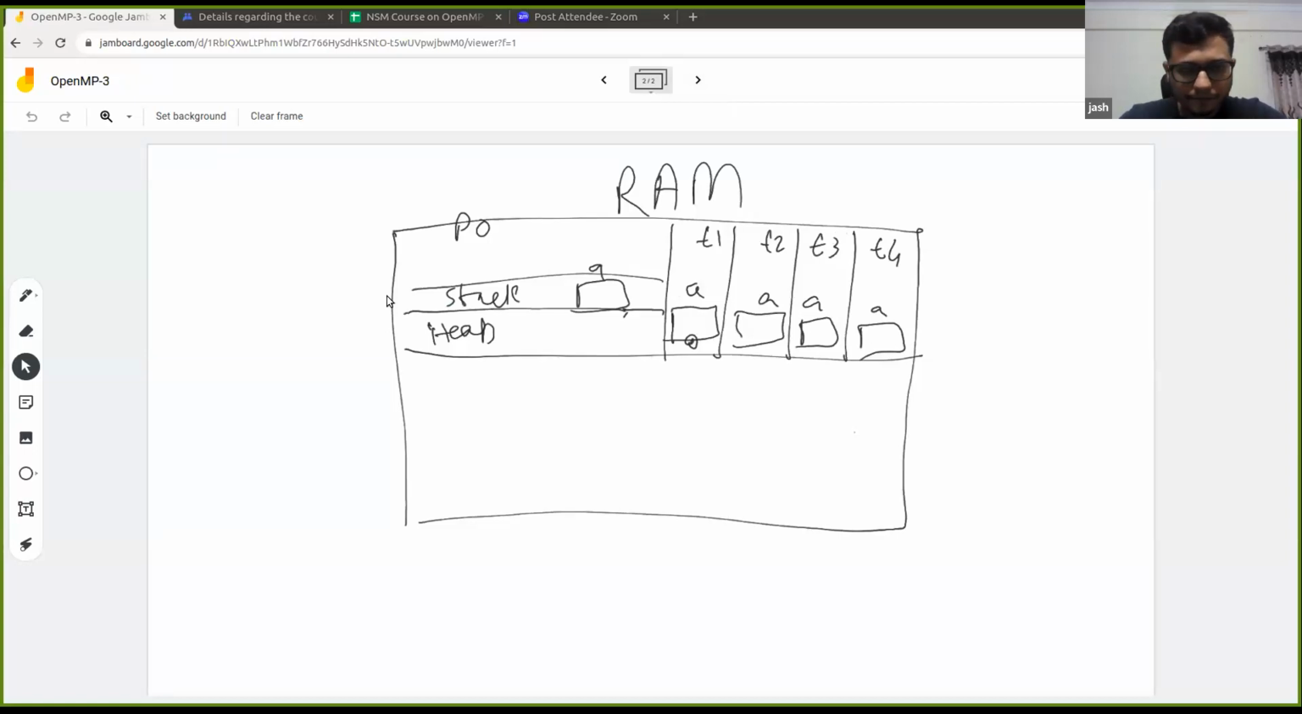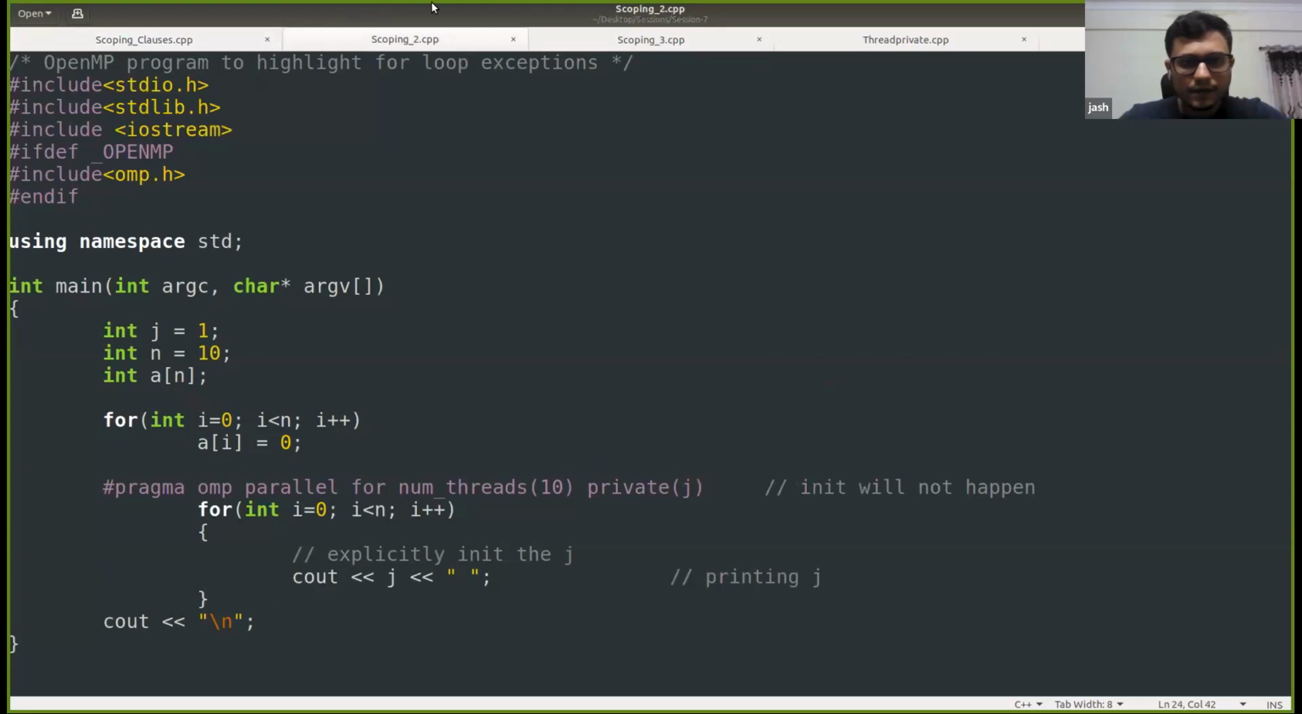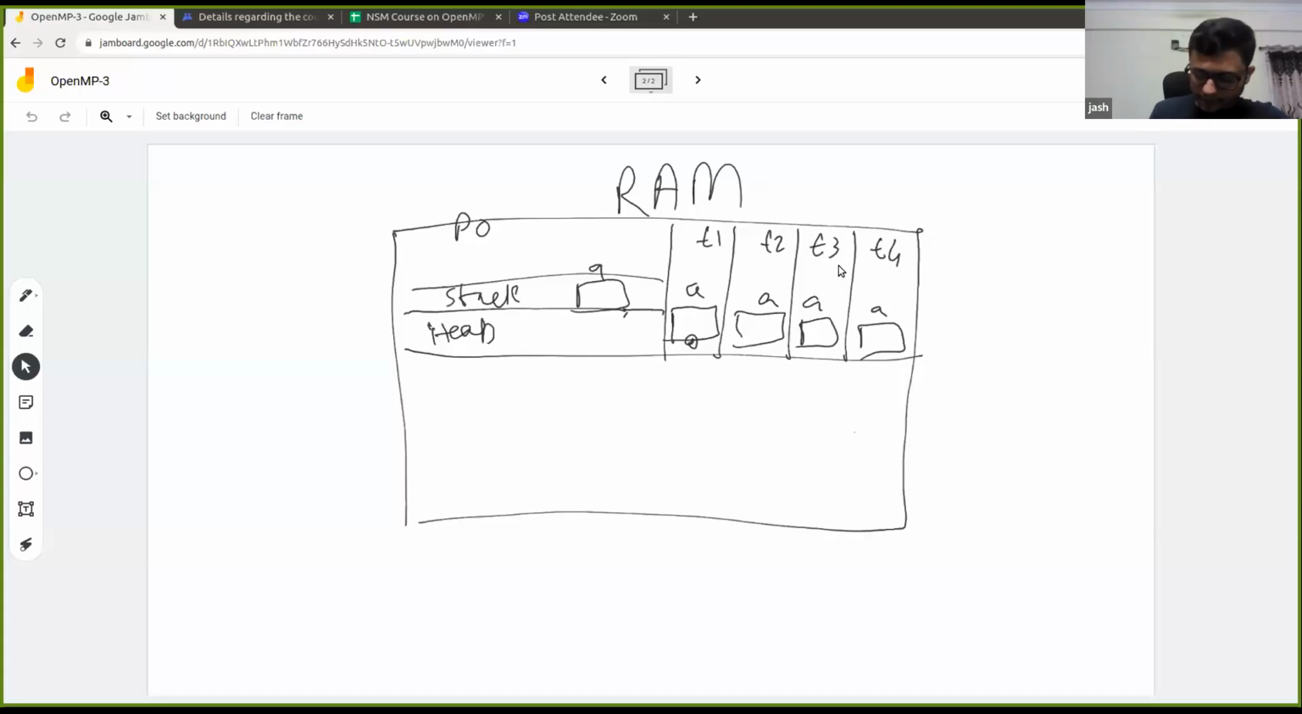So if you remember, we saw this example as well, right? This one where we were trying to figure out the value of J inside this parallel for region after making J as private. But we were observing that even if J is set as 1, we were getting 0 inside. So the point here is that the value will be undefined for each of this,